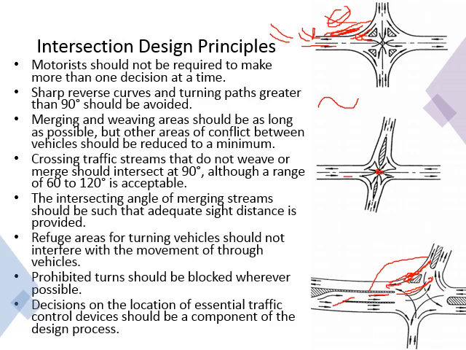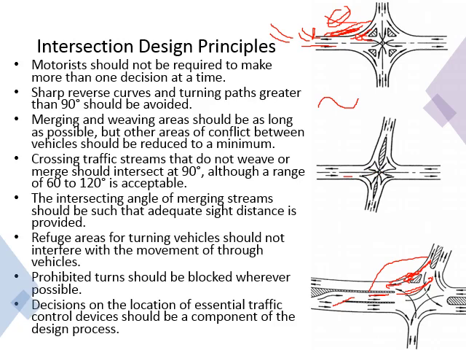Then the traffic streams which are crossing each other, not weaving or merging. We are talking about crossing now. Crossing is what is happening here at this point. See, vehicles are crossing each other. Somebody taking a left turn from here, somebody taking a right turn from here, somebody going straight. So this is what we call crossing.